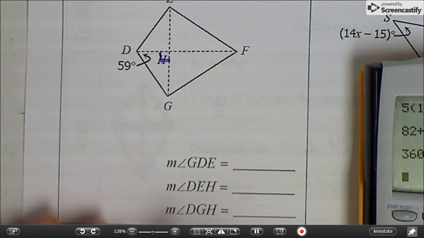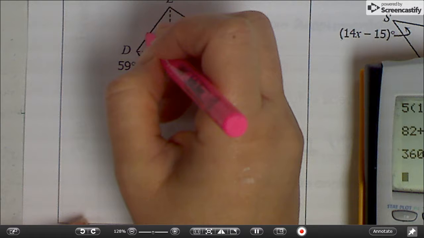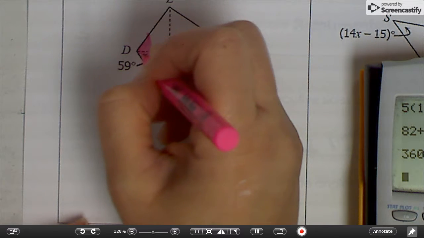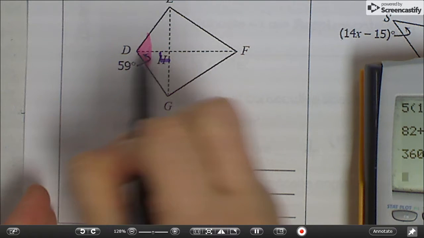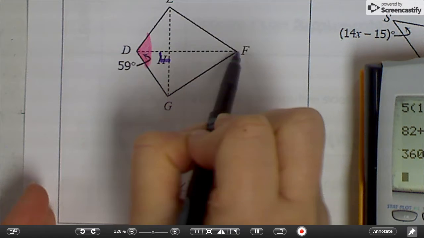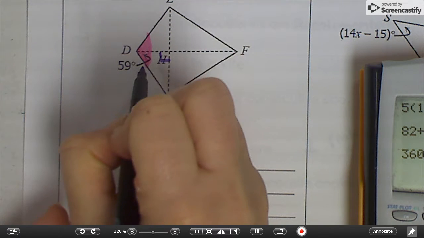All right. The first thing we want to find is the measure of angle GDE. So I'm going to highlight this to keep it color-coded. GDE is this whole thing. Well, we talked about how the kite, or the diagonal in the kite, this long one, bisects this angle and that angle. So bisect means,